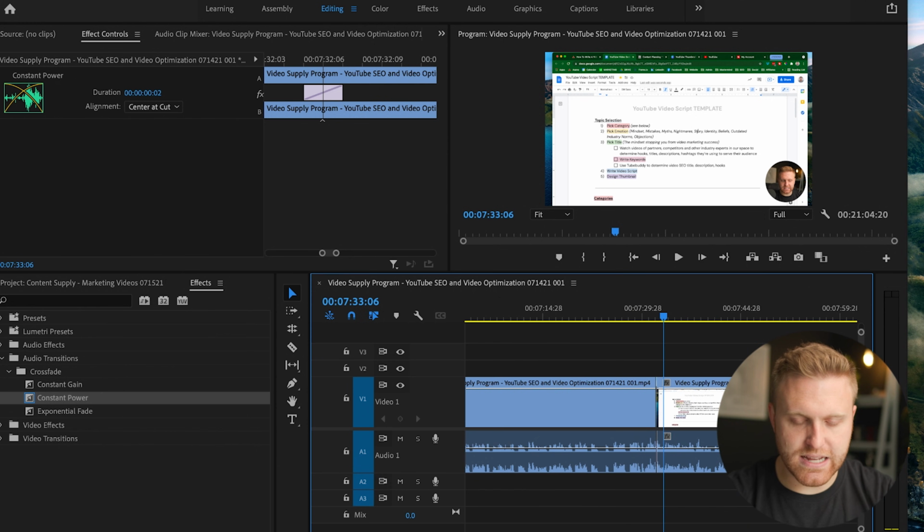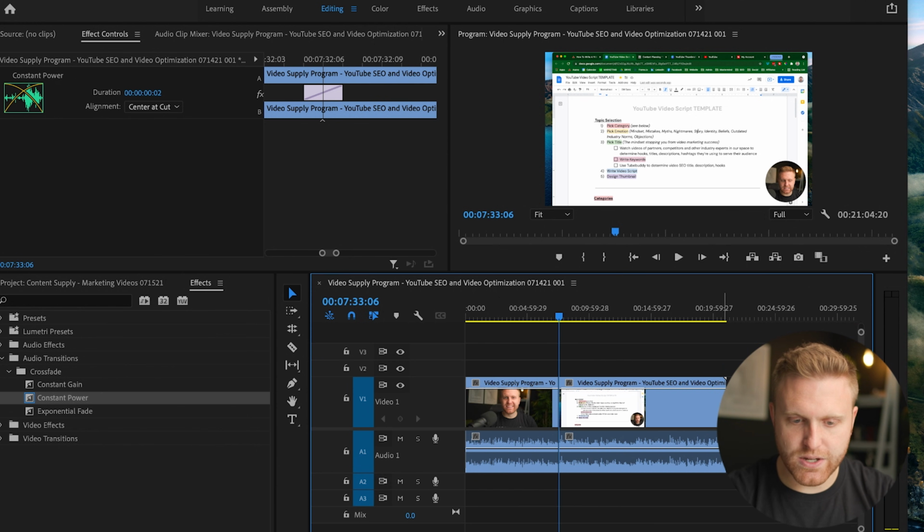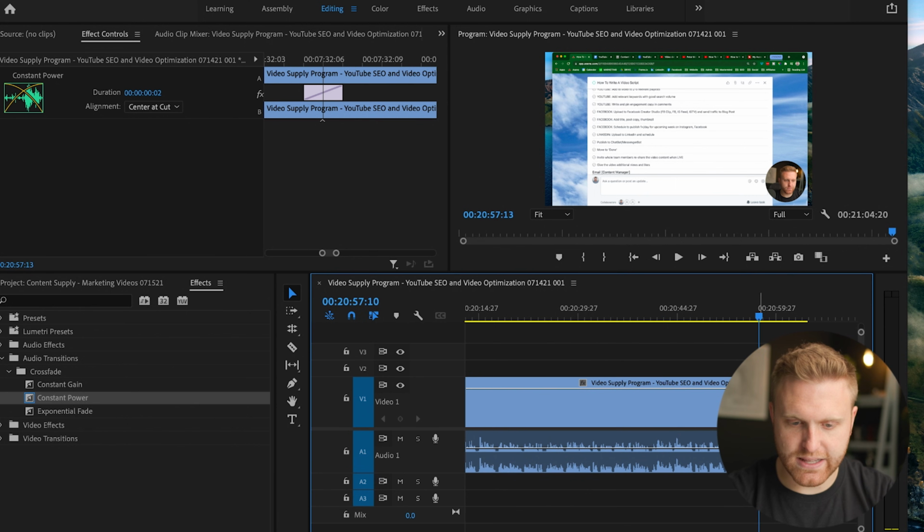And it smooths out the audio a little bit more. Another thing we can do, so we want to go to the end and trim out, see this extra space